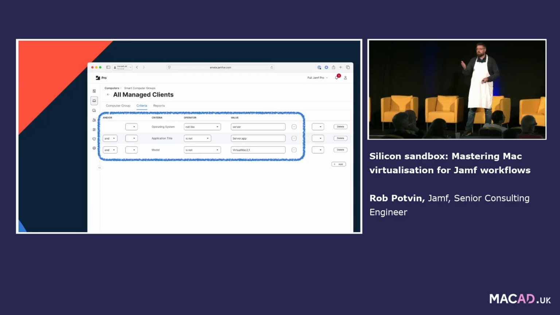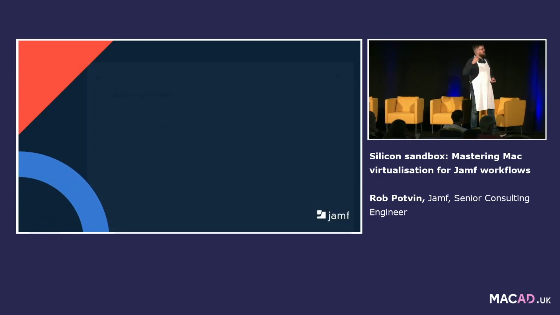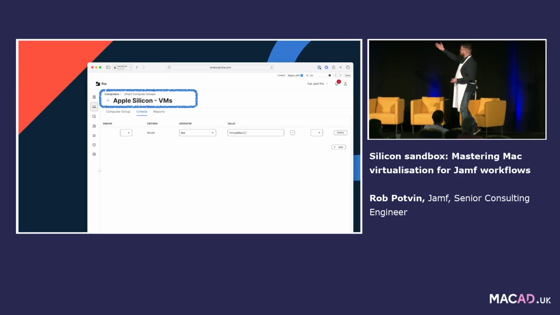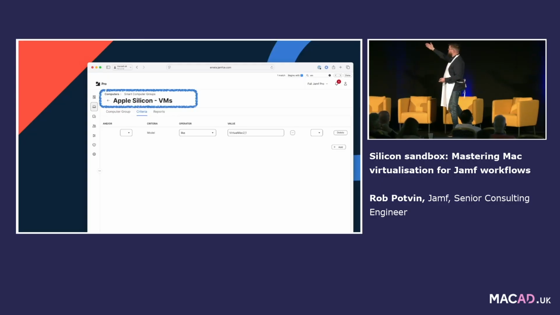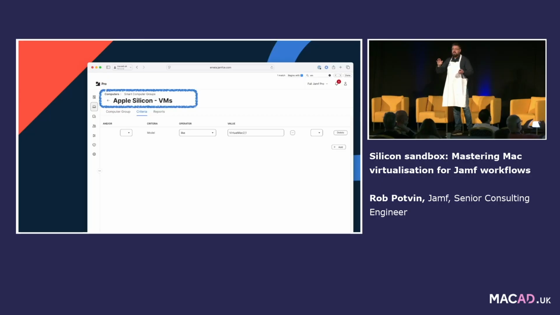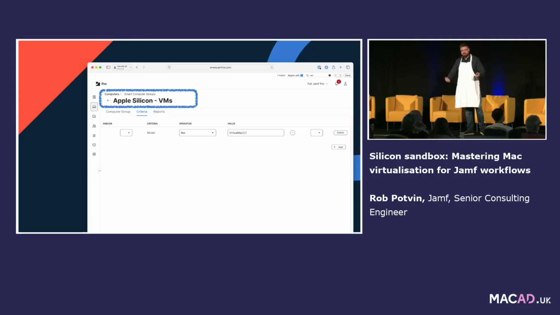Just point it to that group. Which group do you say? Well, this group, Apple Silicon VMs, right? Create that group. Pretty easy. Everything that's coming through the Apple Virtualization Framework is coming in with VirtualMac2,1, right? And remember, if you really like to geek out, you could also use a regular expression for VM serial numbers, which is always going to start with a Z, right? So this is easy. Works. If Apple changes it, you would just have to come in here and say like 2 or like 3 or whatever, or Virtual Mac.